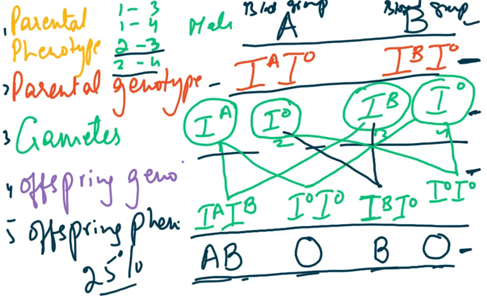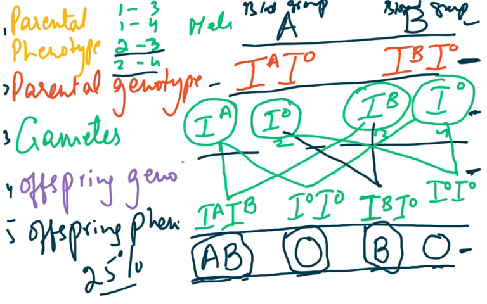Because in small numbers this probability does not hold true. But if this couple has 100 children, that's a bit of a joke, then roughly the 4 groups would be in a percentage of 25% probability. So there's 25% chance of having AB, 25% chance of having blood group O or blood group B or